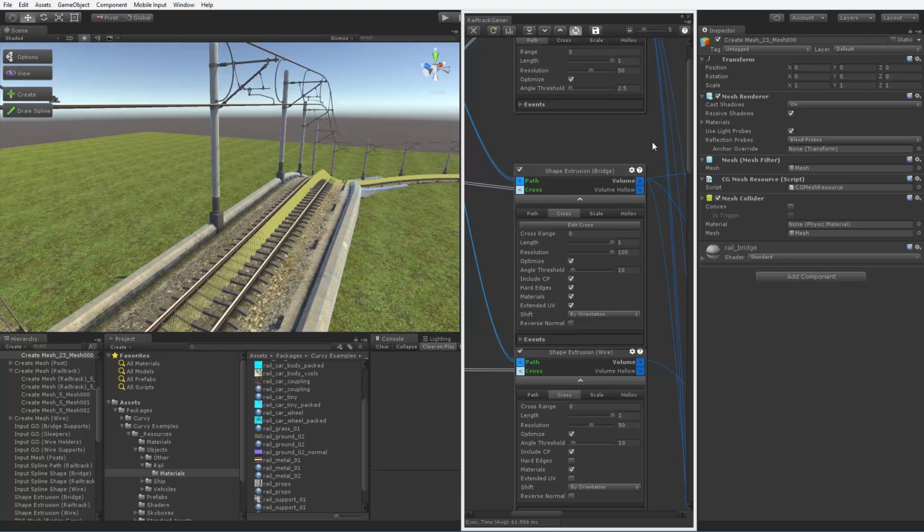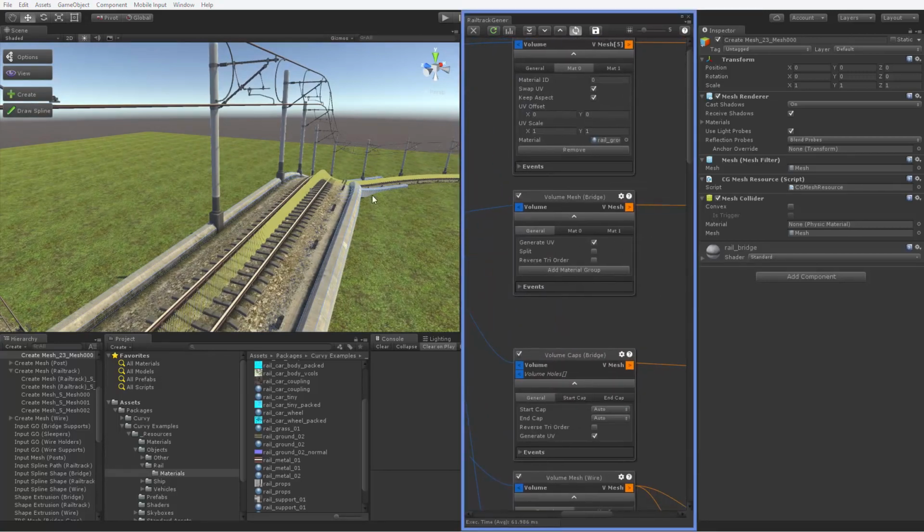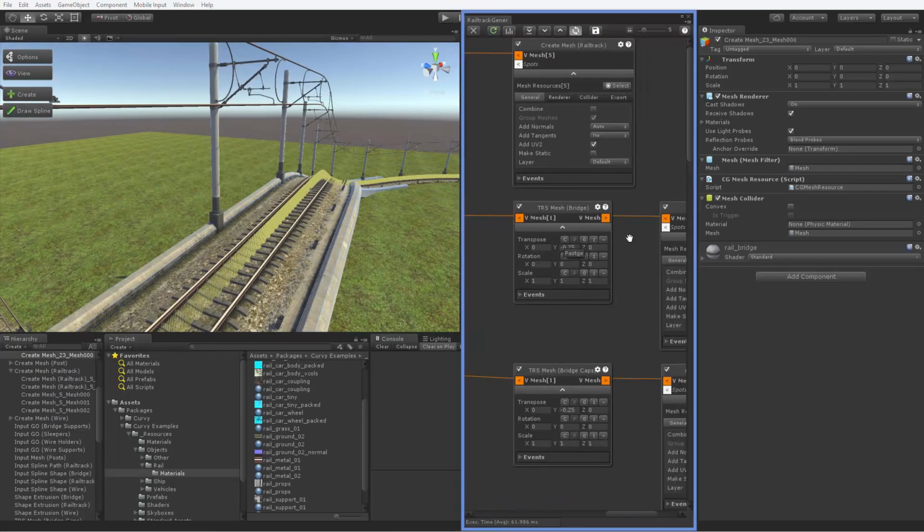The only significant difference in its graph is the use of a new module, the so-called modifier. It's used quite a few times in this graph and can shift position, rotation and scale of volume meshes. Here I'm using it to lower the bridge extrusion down a bit, to prevent it from clipping into the rail